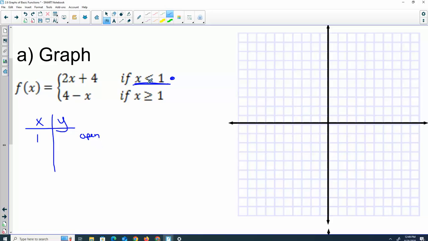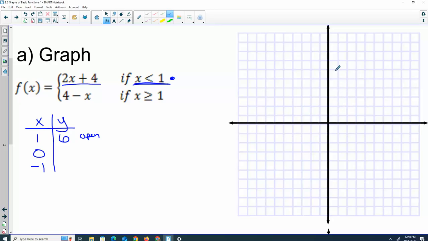Yeah. So since that one didn't have an equal to, I'm going to make myself a note: it's an open circle. But then the other x's I put in are anything less than 1. So I could do 0, I could do -1. More points if needed, but at least 3. And I'm plugging them into my rule, 2x plus 4. So 2 times 1 plus 4 is 6. So 1, 6